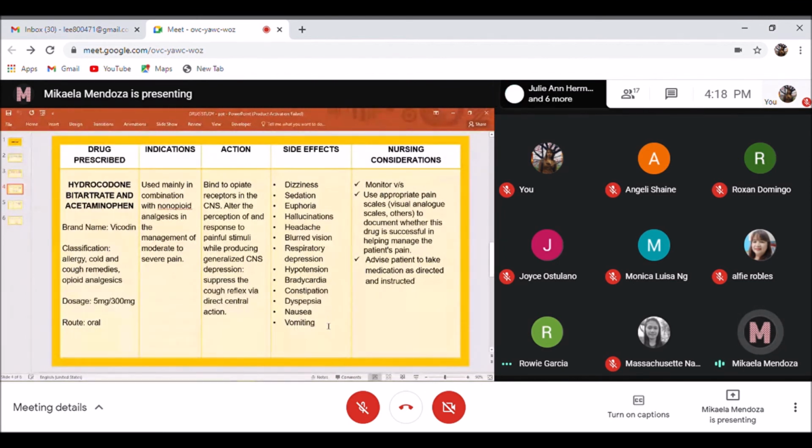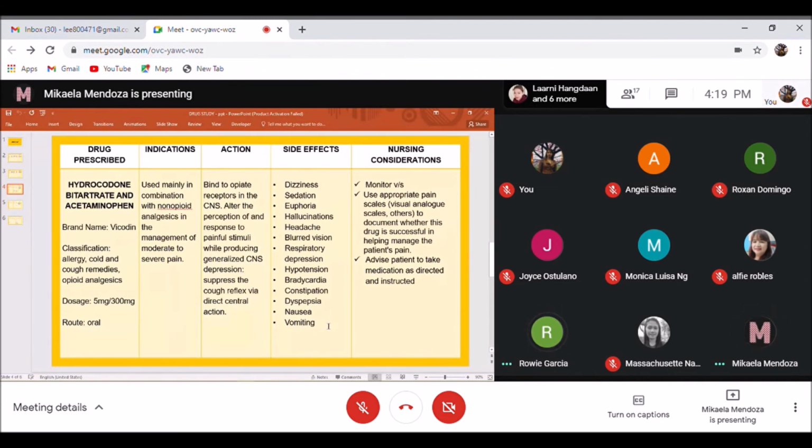hydrocodone bitartrate and acetaminophen. Brand used is Vicodin. It is for allergy, cold, and cough remedies and opioid analgesics. Administered orally with the dosage of 500 milligram hydrocodone and 300 milligram acetaminophen. It is used mainly in combination with non-opioid analgesics in the management of moderate to severe pain. It binds to opiate receptors in the CNS, altering the perception of and response to painful stimuli while producing generalized